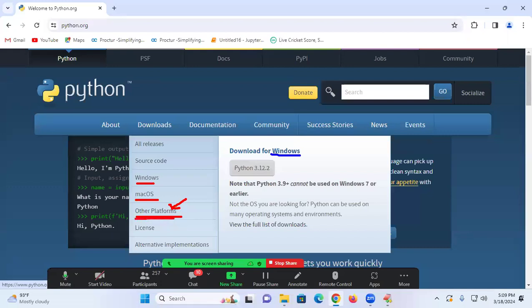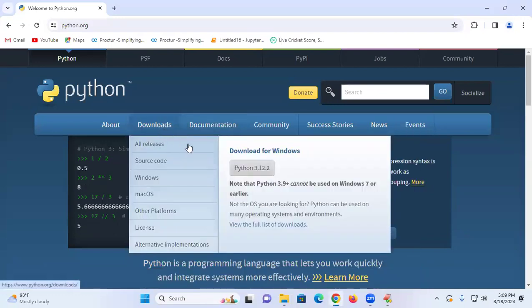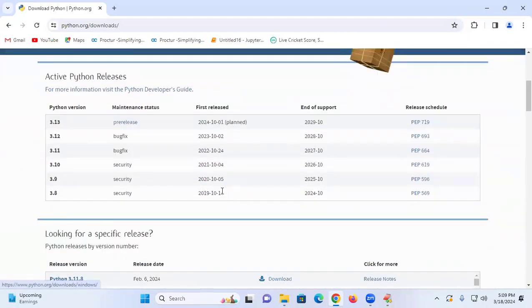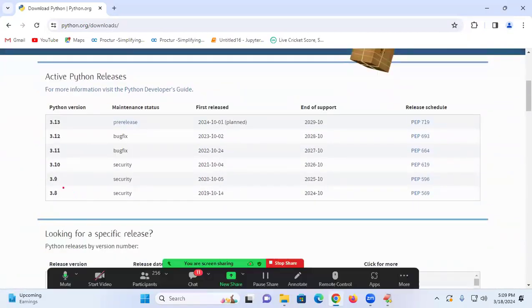Type of OS: Unix, Linux, Solaris, Ubuntu. There are a lot of OSs. So I'll go to Downloads and view full list of downloads. Please look, my dear students. Please read out what I said. Come on. 3.10, 3.8 are called what? Secured. That's why industry is using them now. 3.11, 3.12 are called what?